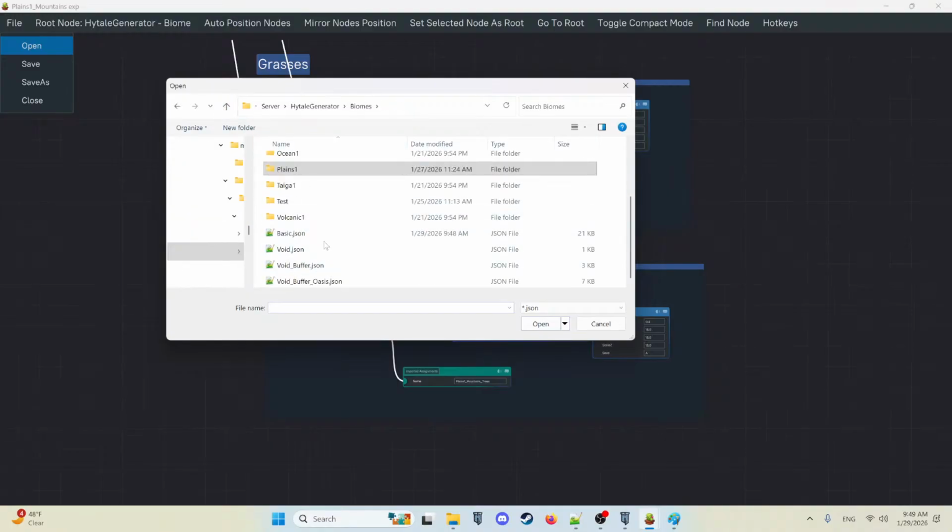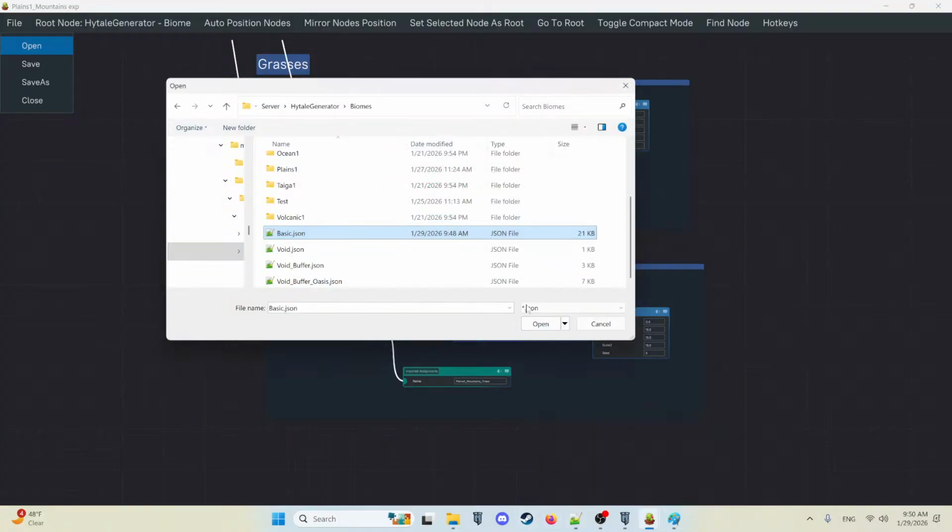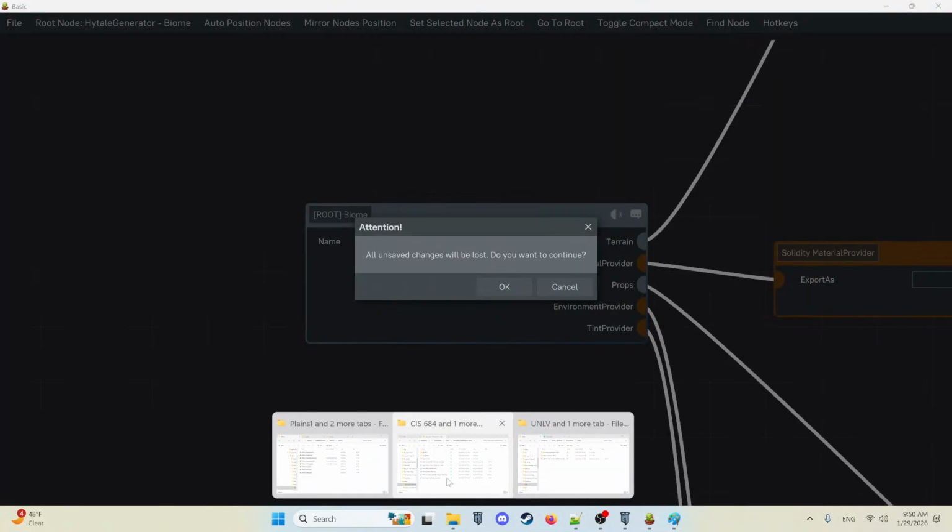Planes 1. I bet it's because it's not in Planes 1. When it looks for Planes 1, it's looking for this in a folder. Oh no, what just happened? Okay, so if I open this, but now,